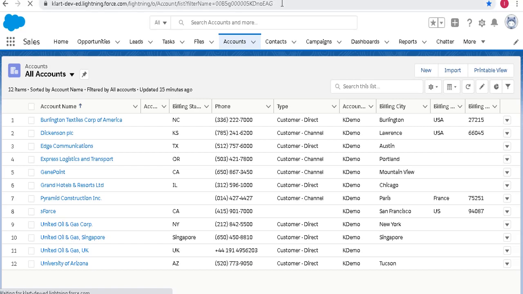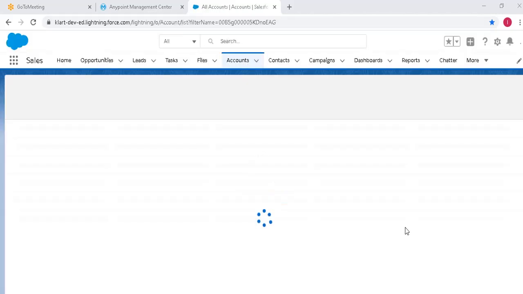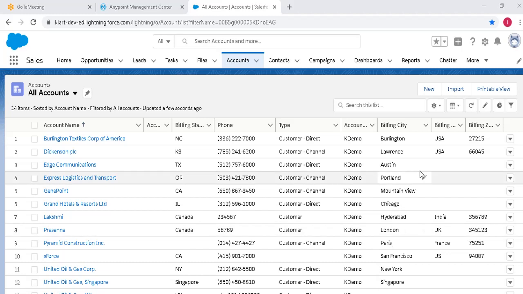It is loading. Yeah, so I'll just maximize this.